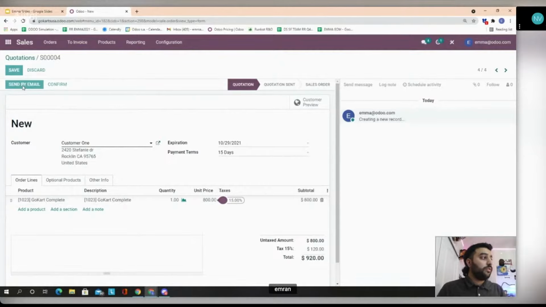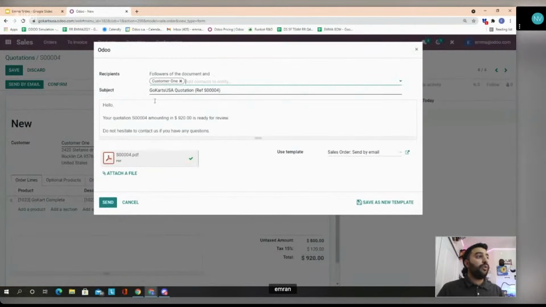And since we had this information saved already, we can see Odoo has this email. We're just sending the email through Odoo. We don't have to log out, hop into an email, copy and paste or anything. Odoo does it all for us. And we can see Odoo's pre-generated some text for us as well. Hello, your quotation is here in the amount of this, and it's ready for review, and it's attached to PDF right here. So we can go ahead, send this to them,